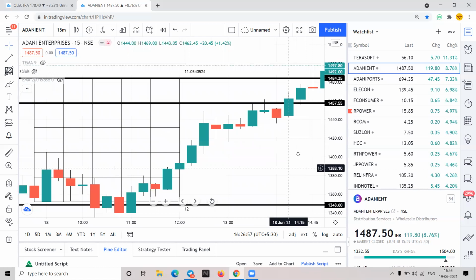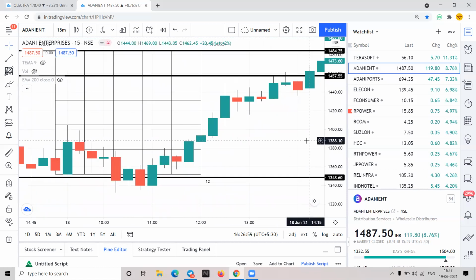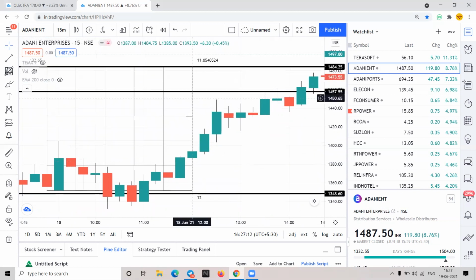So these Gann levels are very useful. These are intraday supports and resistances, and these are based on the first 15 minutes candle, which is the most important candle of the day. So this is how you can use Gann square. All right.